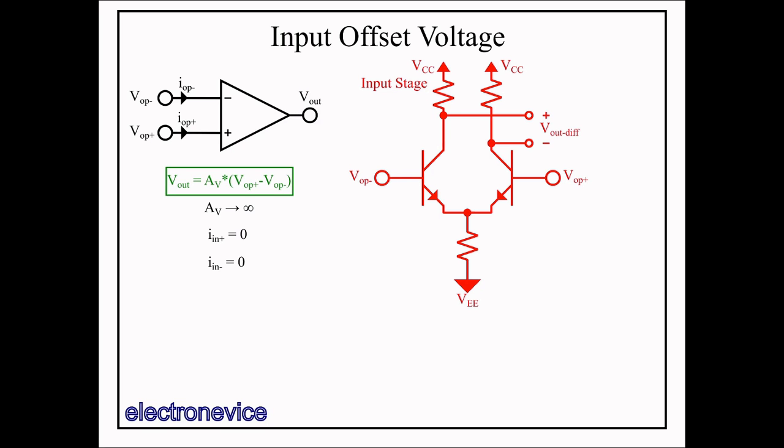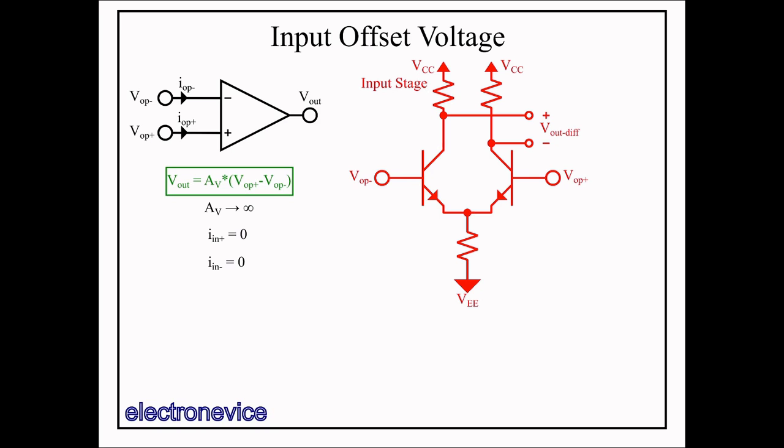The input stage of op-amps looks similar to this. In reality, the input stages of modern op-amps tend to be much more complicated than this, but this is a good enough representation of an op-amp input stage for explaining input offset voltage. We see here that the input stage is a differential pair. I've depicted it with NPN bipolar junction transistors, but it could be PNPs, MOSFETs, or JFETs depending upon the type of op-amp. The two inputs of the op-amp drive the two transistors, and the differential output, denoted as Vout diff,